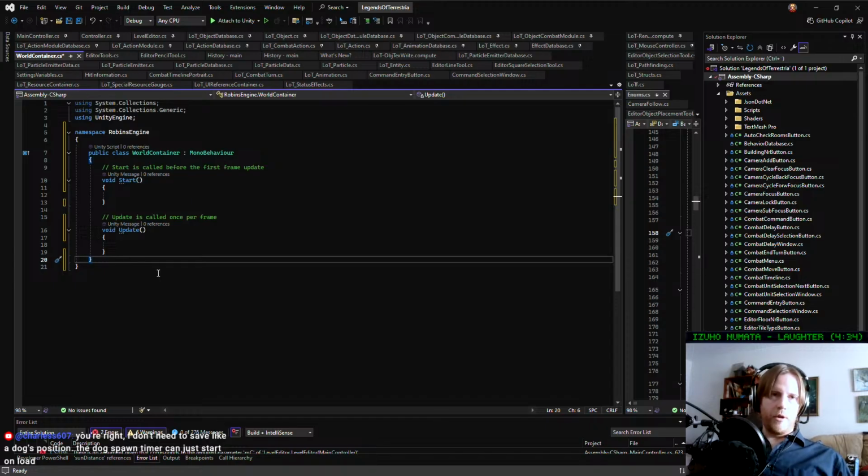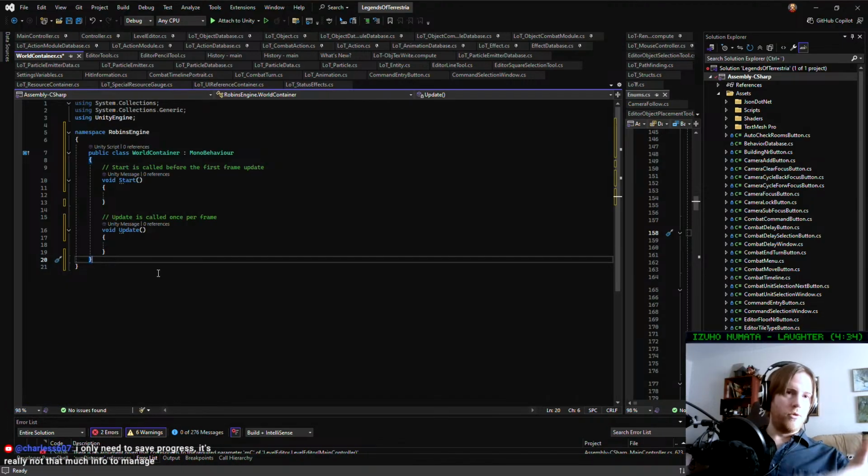The dog spawn timer can just start on load? No, you would have to save the dog, because what if there's a dog that's 2 inches in front of you? And then you just save and load, and now the dog despawns and starts at the edge of the screen again. So that's gonna create an issue there. So you need to save the dog's position, but saving the object's position is fine, right? You just save the position, and then you load it,